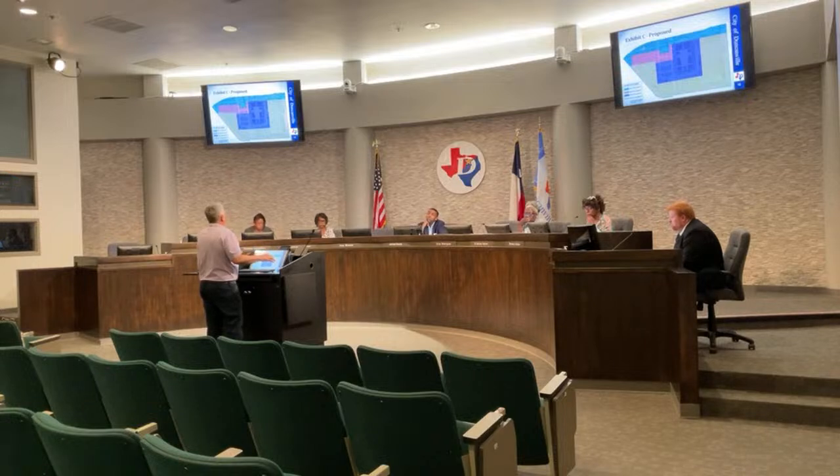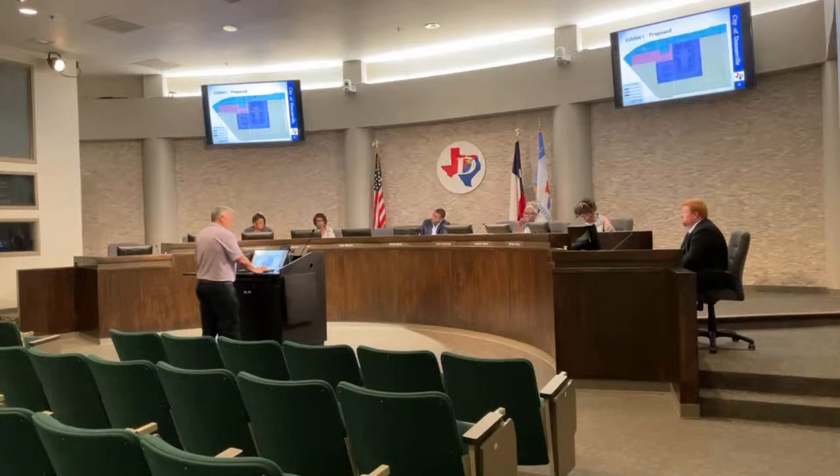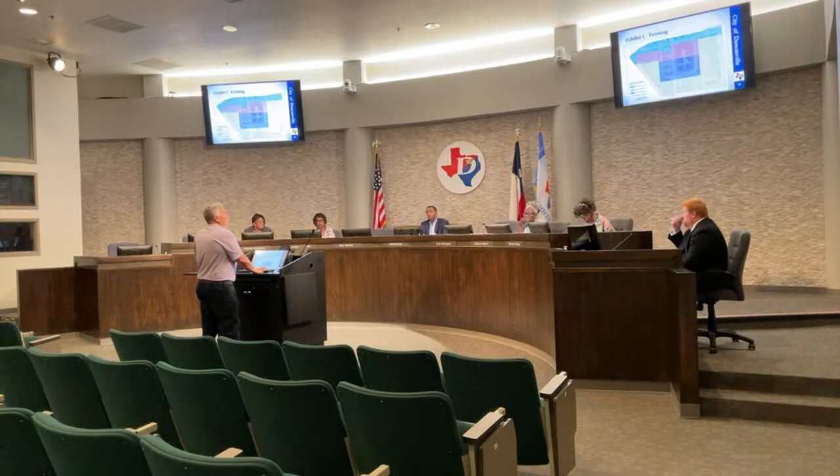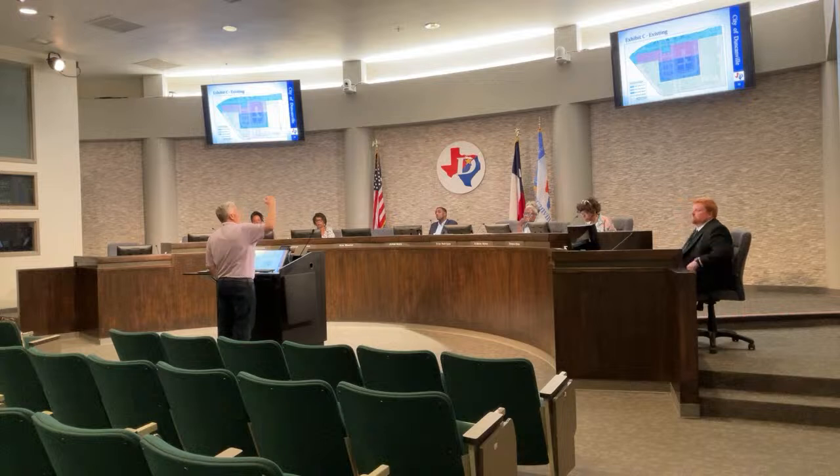Just like I said on the SUP a minute ago, if you want to make that change, I'll concede to that, it's fine. But right now, this is the original, the existing. See all the red area up there against Wheatland Road?